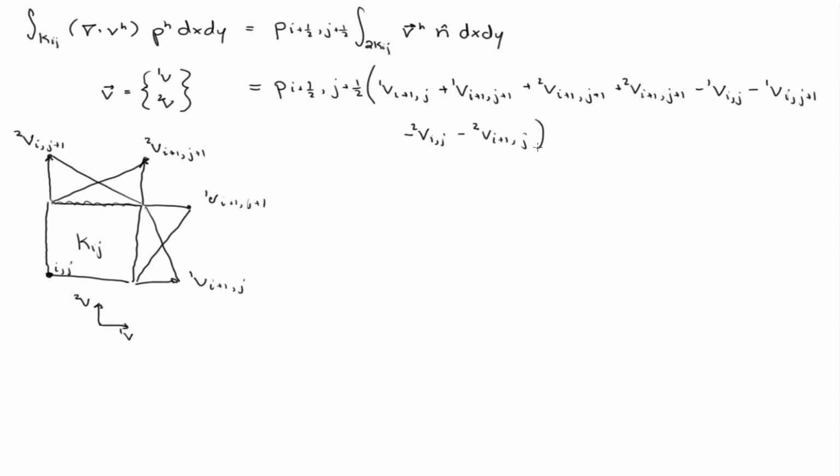So that's the integral of this expression over one element. So then b(V_h, p_h) is the integral over the whole domain of that expression, which is equal to the sum over i, sum over j, from 1 to n minus 1,